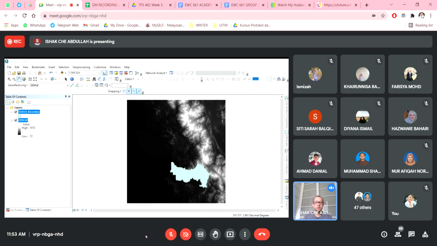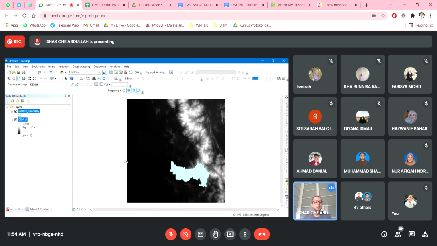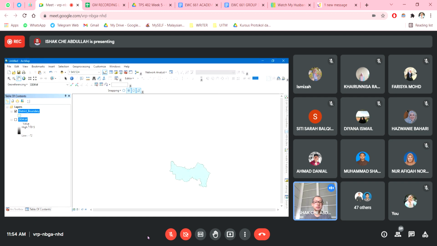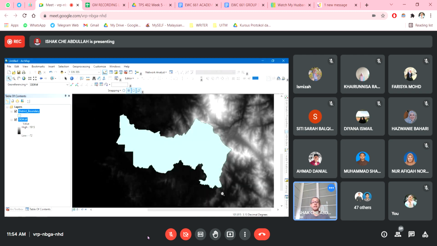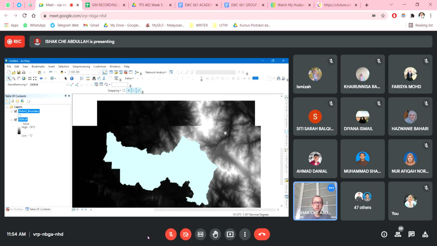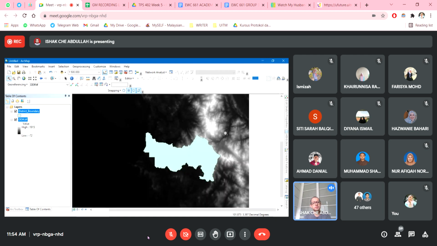Okay, so before we start any analysis, pertama sekali we need to add the data first lah. So in this case saya dah masukkan data DEM. So as you can see, ini adalah data DEM saya lah. Dan ini adalah data sempadan daerah. So basically our study area sebenarnya adalah dalam lingkungan sempadan daerah ini saja. So jadi the data that I have here sebenarnya lebih besar lah daripada kawasan yang saya